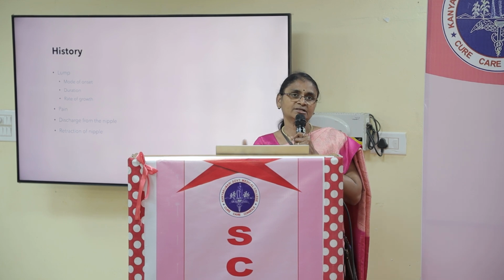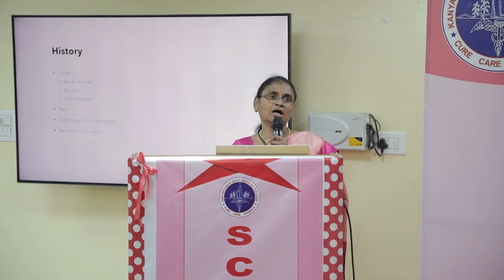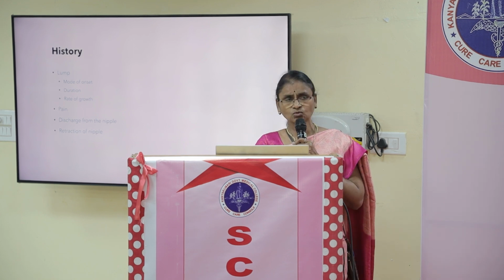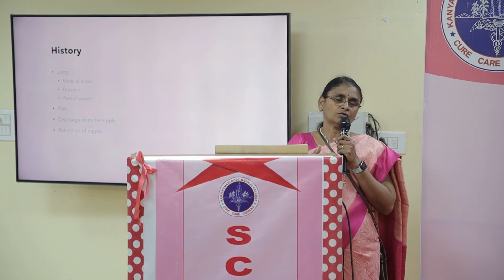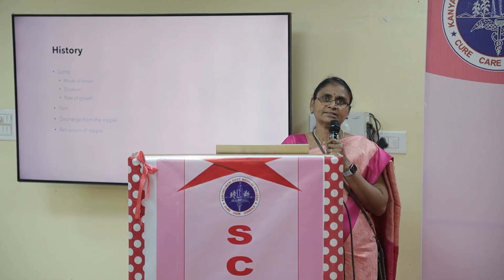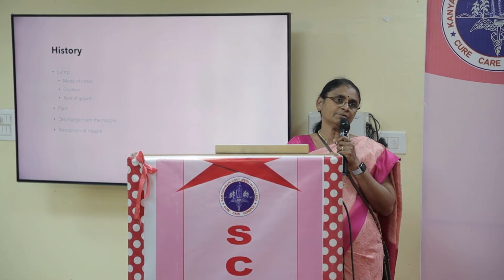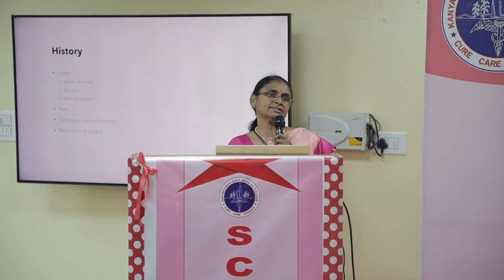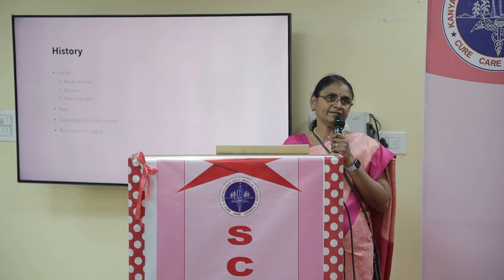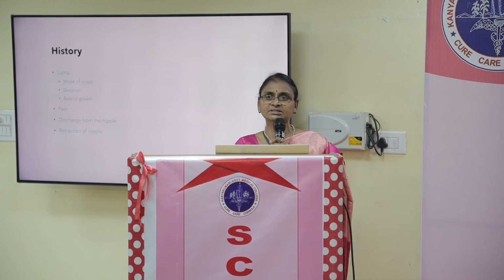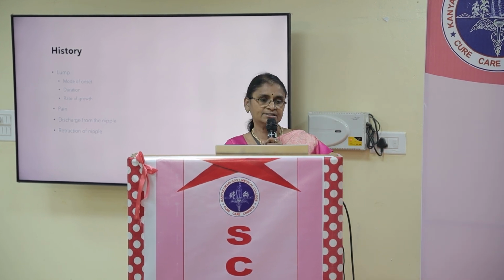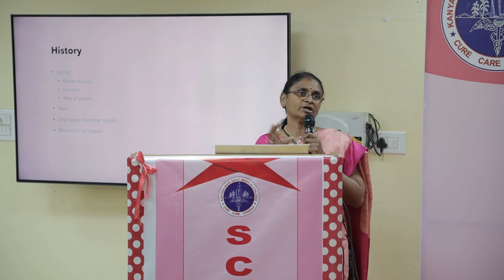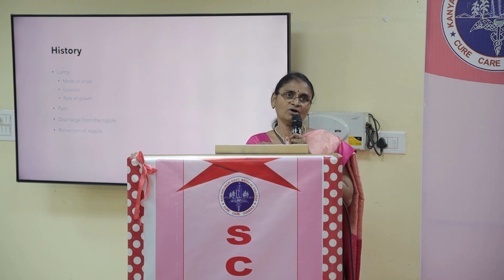Then what is the duration? After she noticed the lump, for how long was it there before the patient approached you? And what is the rate of growth? What do you mean by the rate of growth? Whether it is a sudden increase in size, the lump going from 2 centimeter to 5 centimeter in a period of 1 month, that is a sudden increase in size. But if it spans over a period of 8 months or 6 months, it is a slow increase in size. So depending upon the size, you can ask the patient initially how small it was